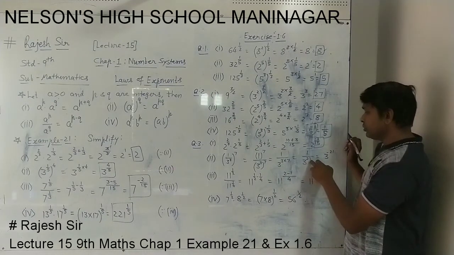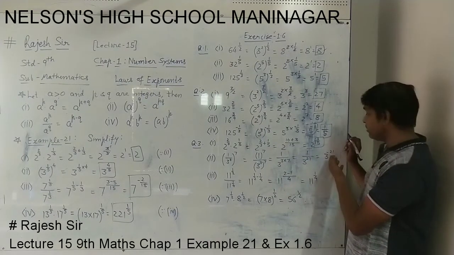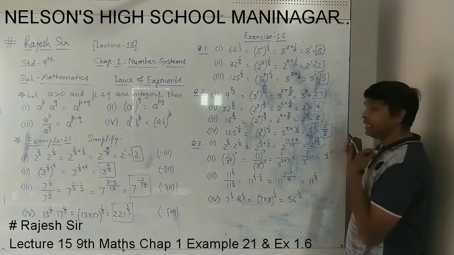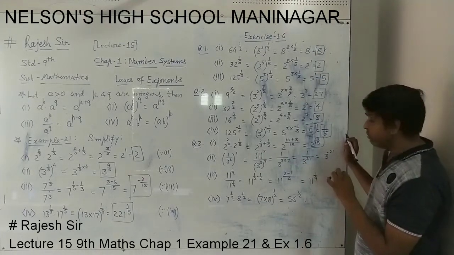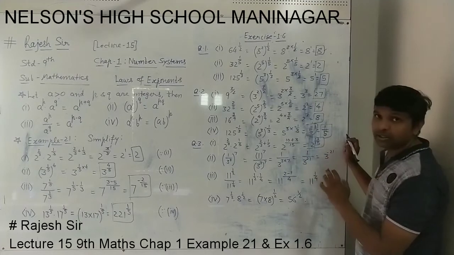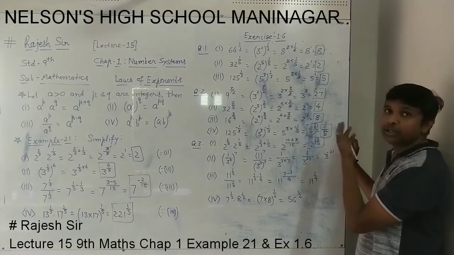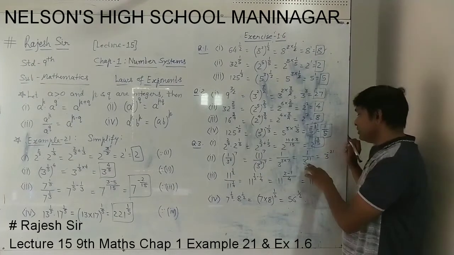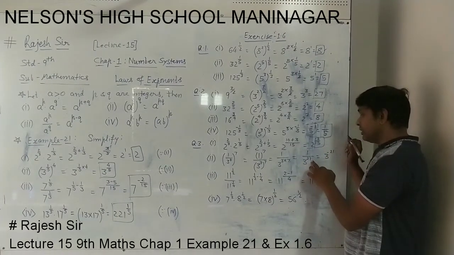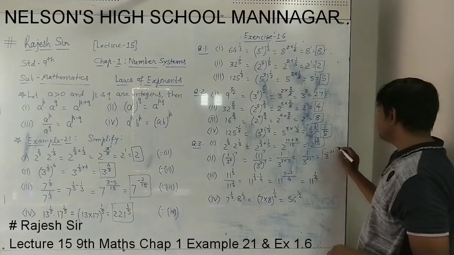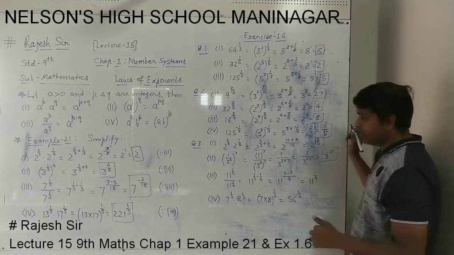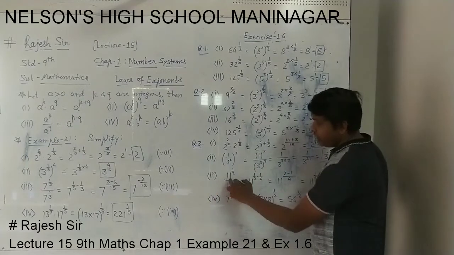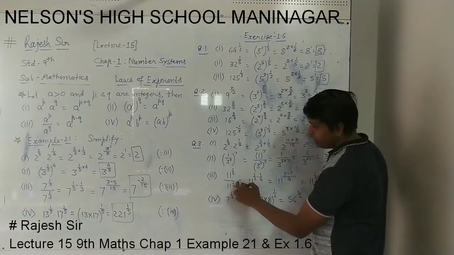And this 3 raised to 21 down there, if you want to take it up, the sign of the exponent will change. If it is plus, it will be minus. If it is minus down, we can take it up by doing plus. Sign change of exponent will be done. So 1 upon 3 raised to 21 can also be written as 3 raised to minus 21. This is the answer.